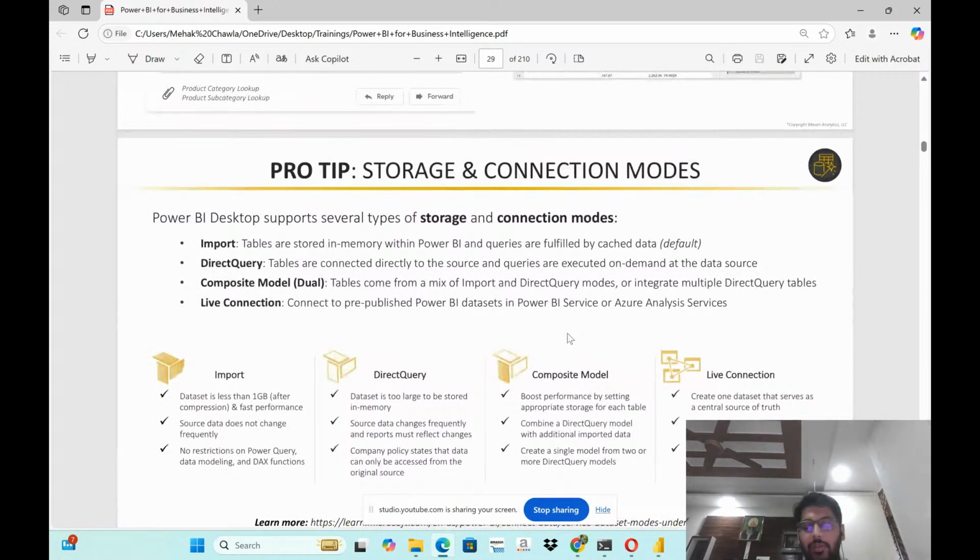So we're talking about different storage and connection modes. Like I said, Power BI has four types of connection methods: import, direct query, composite model, and the last one is live connection. With import, if your data is less than 1 GB, you need fast performance, and you need no restriction on usage of DAX, calendar tables, and everything,